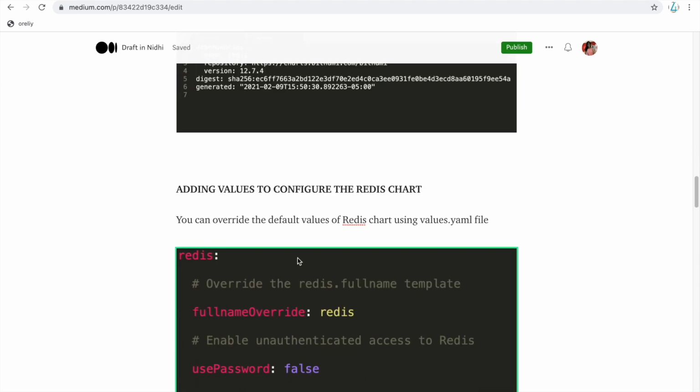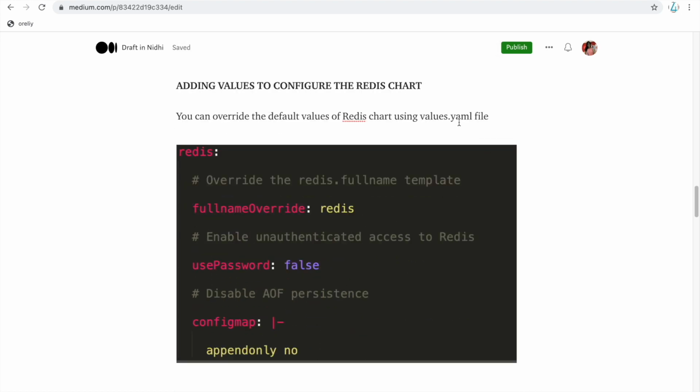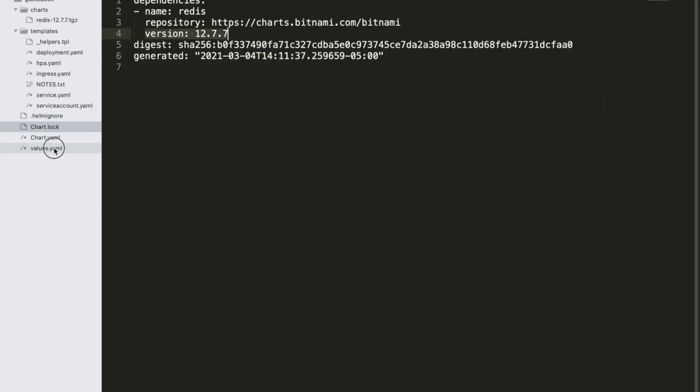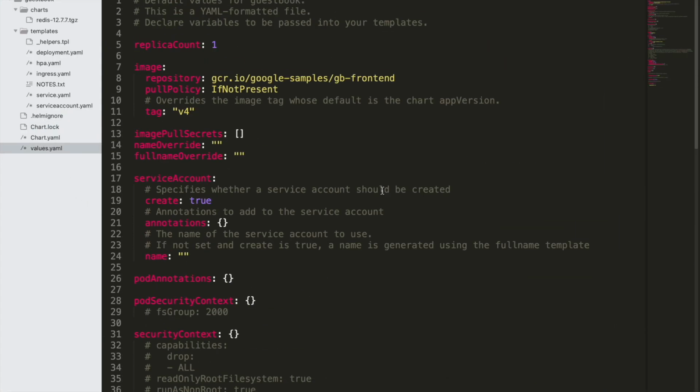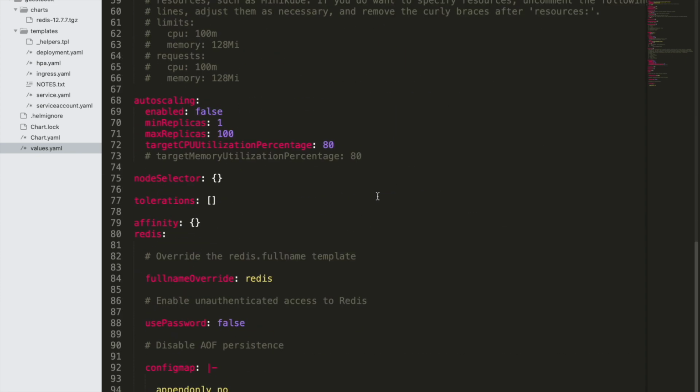Now, if you have to override any of the default values of the Redis chart, you can override them using the values.yaml file. In this example, I will be overriding these values. Here you can see this is my values.yaml file, where I have provided Redis as a tag, and here are all the values which you want to override.